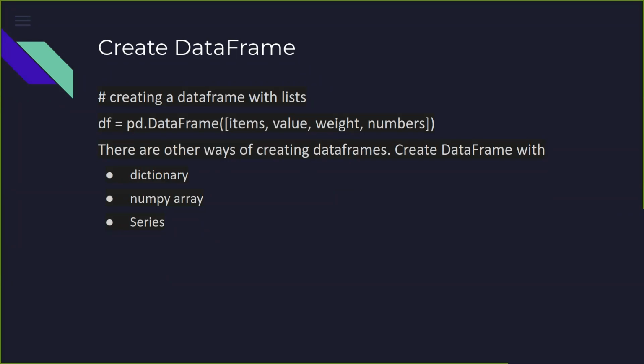It means it is one-dimensional data, and then in the data frame, as we combine these, it becomes two-dimensional data. We have not yet introduced you to the other types of data, but the data frame can be created not just by a list, but we can use a dictionary, a pandas series, a numpy array,